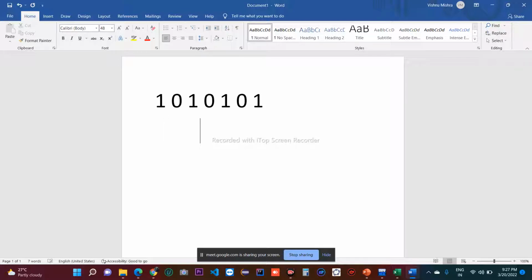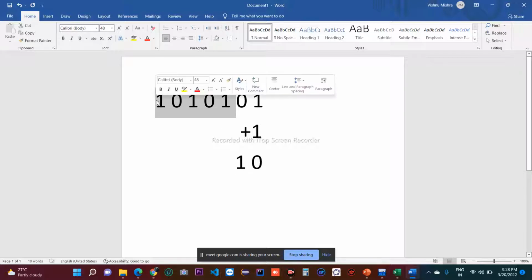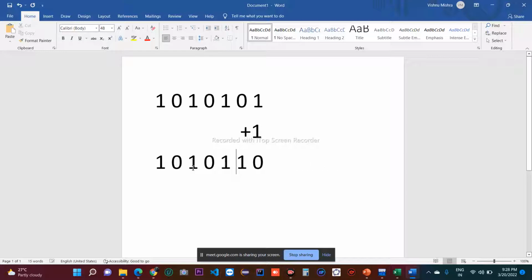ठीक है। अब इसमें मुझे प्लस वन ऐड करना है। तो सबसे पहले क्या करूंगा मैं, 1 प्लस 1 करूंगा। 1 प्लस 1 कितना होता है, 0 और कैरी 1 जाएगा। तो यहाँ पे एक कैरी 1 आ गया। ठीक, अब 1 प्लस 0 कितना होगा, 1। यहाँ का आएगा 1। और फिर कैरी अब चला गया, तो अब एज इट इज इसको कॉपी कर देंगे। ये है डेसिमल इक्वल, समझ में आया।